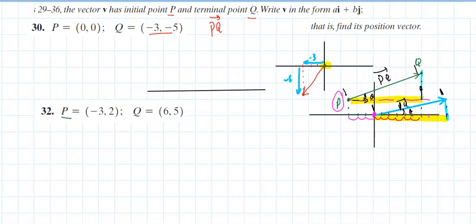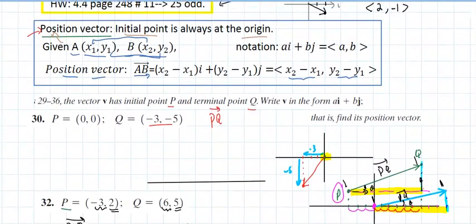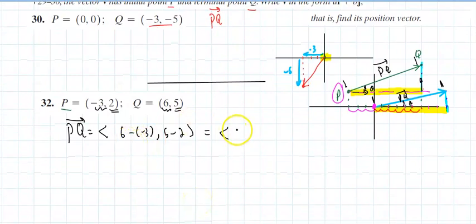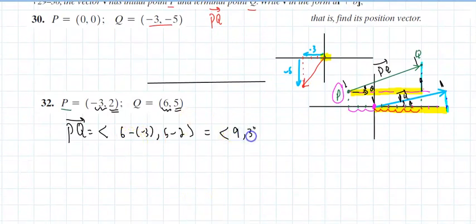How do you do that algebraically? Well, we say end minus beginning will always work. The vector PQ will be, you take the end minus the beginning, comma, that's the I component, and you take the end minus the beginning, always end minus beginning. And vector PQ in standard, they don't call it standard, they call it position. The position vector of PQ is really 9, 3,